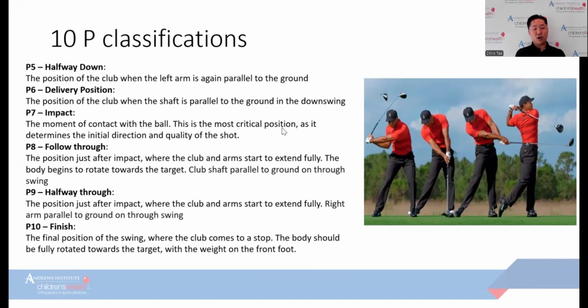Okay, this is where the arm and the club start to extend fully. The body begins to rotate towards the target, club shaft parallel to the ground through the swing, and then you have your halfway through, which is P9, after the impact, of course. And this is when the arm is more parallel to the ground,